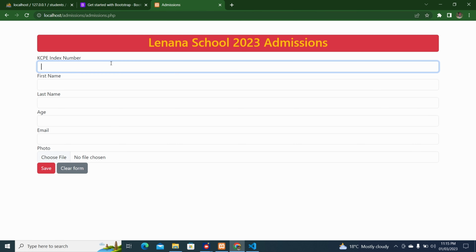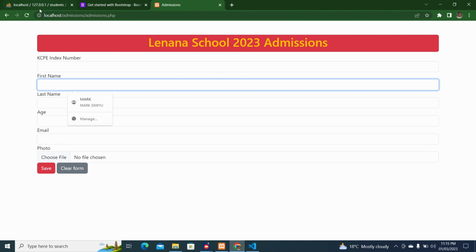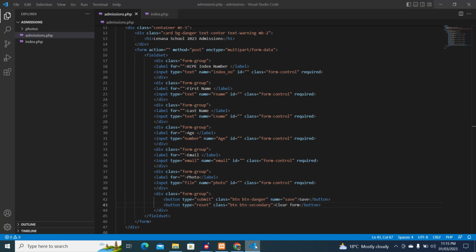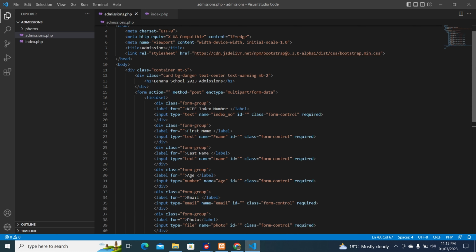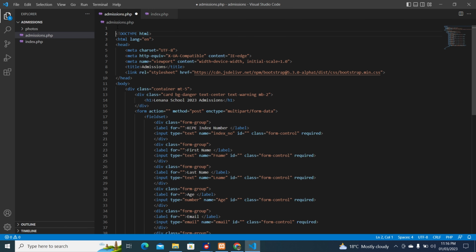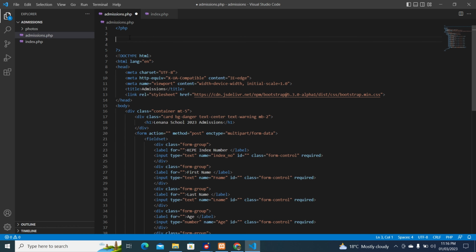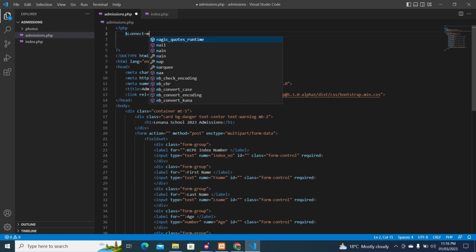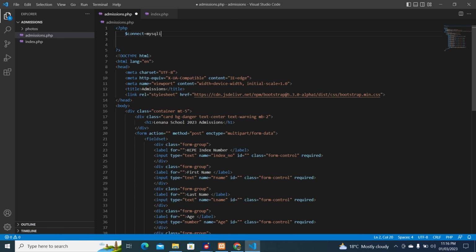Well, now we can start with coding to insert details into this particular database of ours. I prefer having another file, but now it's also good to have coding taking place in this particular file again. So we need to start, we need to connect to the database. Guys, in a previous lesson I said we need to create a variable which is called connect. You can name a variable with the names that you want, but the arguments will always be the same. So the function that does the connection is mysqli_connect,